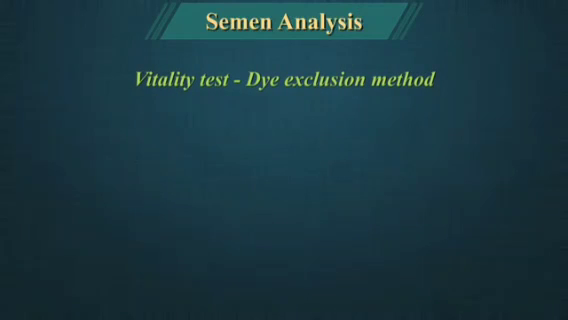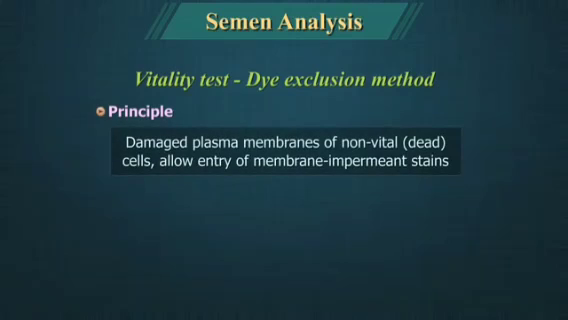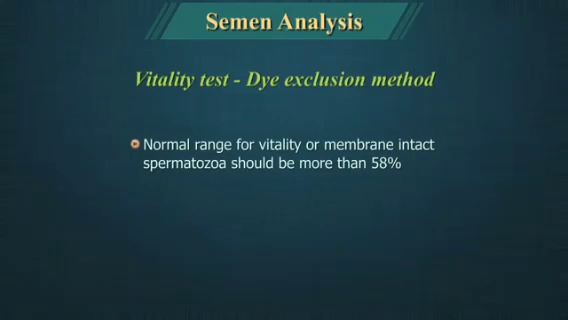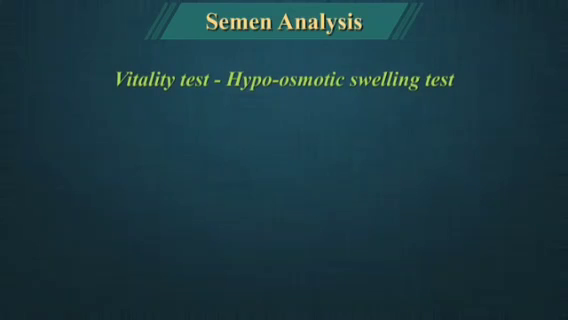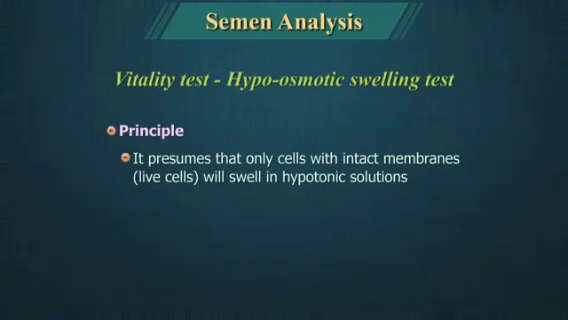The dye exclusion method is based on the principle that damaged plasma membrane of dead spermatozoa allow entry of membrane impermeant stains, coloring them. The live spermatozoa do not take up the stain. The normal range for vitality or membrane intact spermatozoa should be more than 58%. Vitality test using the hypoosmotic swelling test is an alternative which presumes that only live cells with intact membranes will